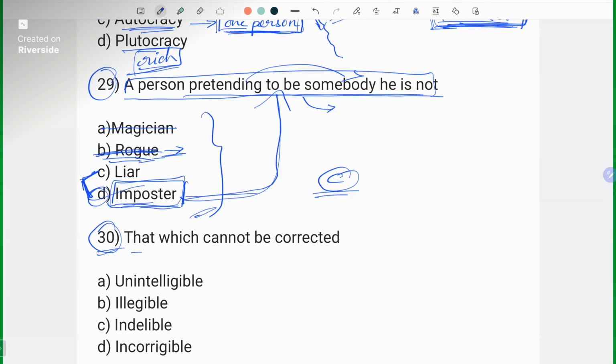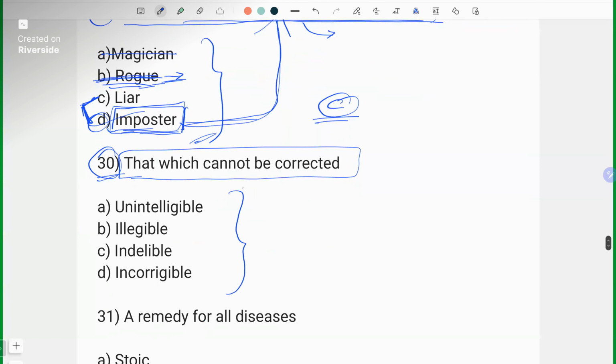Question 30. That which cannot be corrected. See, define பண்ணலாம். Make sure you apply all the logic. Even root word. Even in the prefix. Already இந்த wordsல பார்த்துட்டு வந்திருக்கோம். What is the answer? Option D, ma'am. Okay. I want more answers. What is the answer? Someone answer, please. It's option D, ma'am. Yes, it is option D, incorrigible.